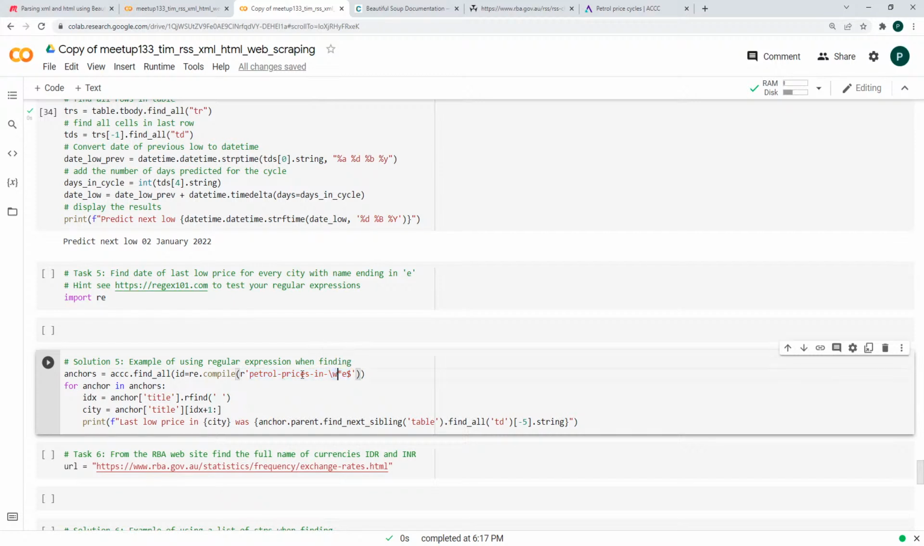So we want to find anything that goes petrol prices in, we're looking for an ID, and then a whole bunch of word characters. So backslash w means a word character, and the asterisk means as many as we want, 0 or more of these word characters, followed by an e, and then followed by the end of the string. So that will give us all the cities with names ending in e, and we can then loop through those anchors